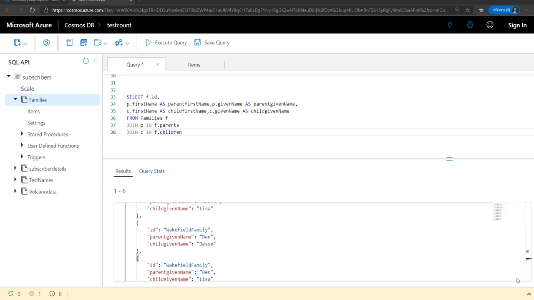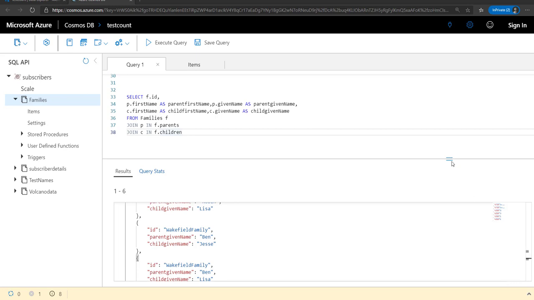Now if you compare the result, you can see that it actually undergoes a kind of Cartesian product between these two join results. So what happens is that for each instance of a parent which is present inside the family document, it repeats the parent information for each of the children returned by the children node.